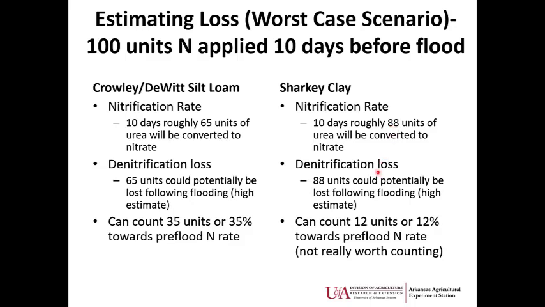Well, when we get saturated or flooded soil conditions and we convert to an anaerobic situation, as much as 88 units of that nitrogen could be lost to denitrification. Well, that results in only about 12 units of ammonium remaining in the soil, which is only about 12% of the nitrogen we applied. And, in my professional opinion, that's not really worth counting towards either your pre-flood nitrogen rate or your season total